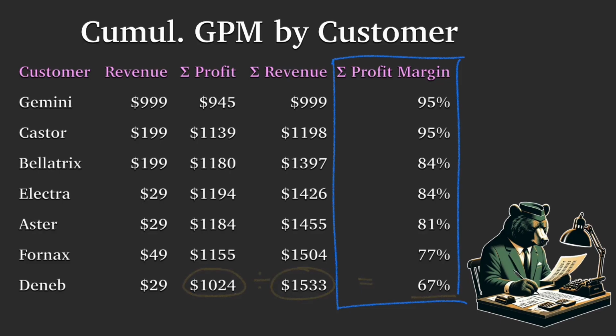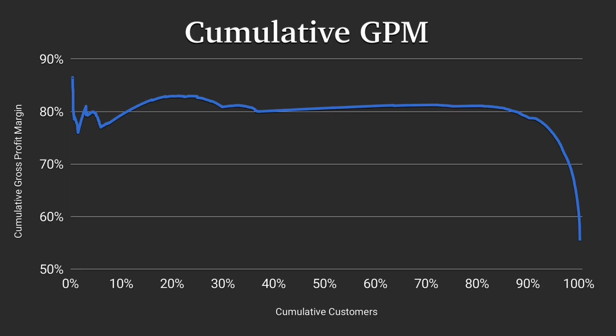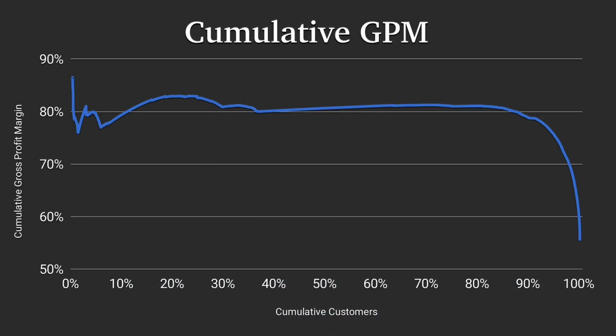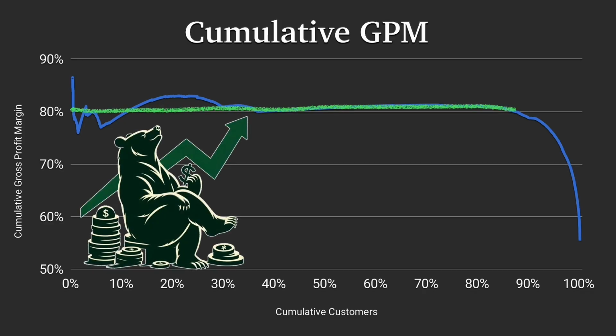So we end up with another sort of profit whale curve, except instead of absolute dollars of profit, it's the percentage of revenue that we keep as profit. Plotting this gross profit margin, we get another view of the data, which tells us something new. I guess it could also look like a whale if we really felt like it, but anyway, the thing we immediately notice is that for 90% of the customer base, in my case, our gross profit margin is pretty darn steady at 80%, which is a great number. If you search on the internet, you'll see what good gross profit margins are for your industry. 80% is top tier for software companies, so this is great.